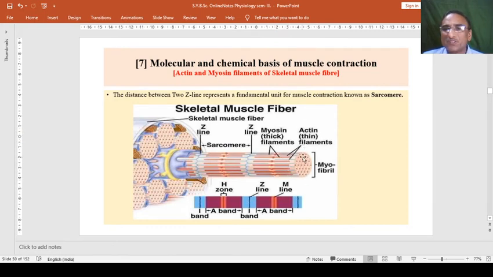These two filaments together join to form a myofibril, and all these myofibrils together are composed in the form of a bundle known as a muscle fiber. So this is the chemical basis of the skeletal muscle fiber. This whole skeletal muscle fiber is formed of chemical materials, basically myosin and actin, or we can say that all are composed of protein. So proteins have durability in their working, or survivability.